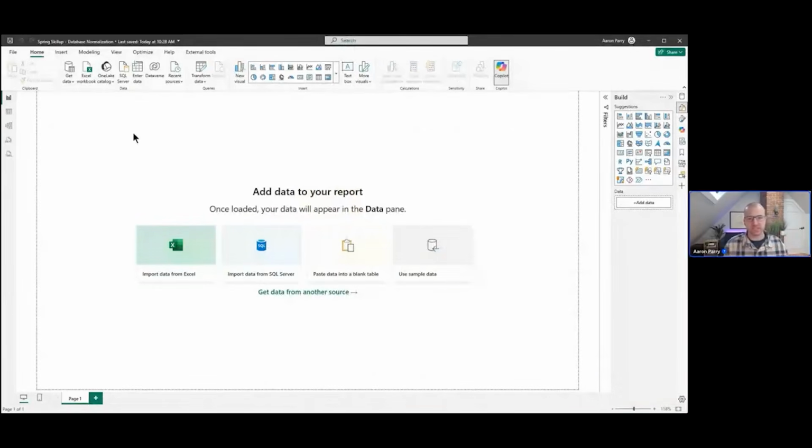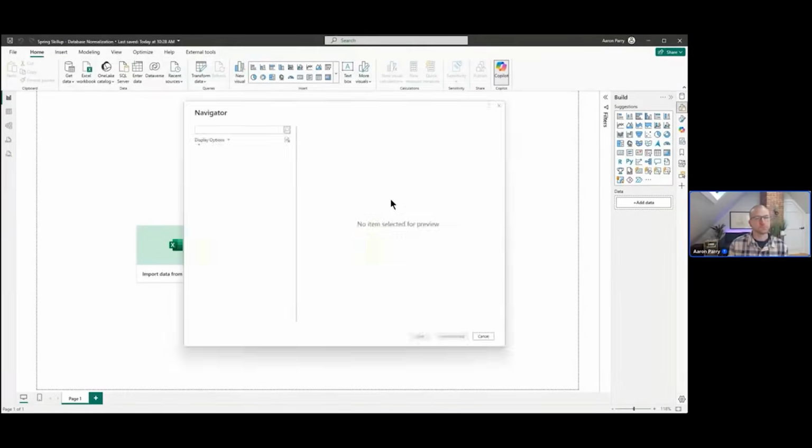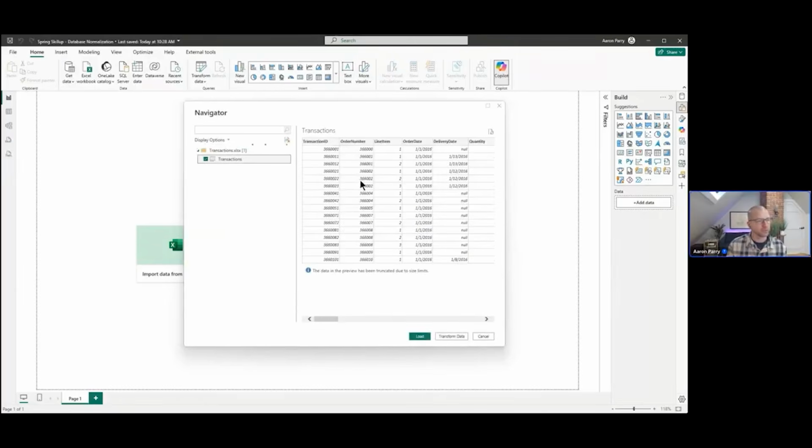Awesome. So we can make this data set available after the session for anybody who wants to run through this themselves. But I'm going to import my Excel file. I've got this transactions data. And we'll do a little preview of the data here. You can see this data set is purpose built for this demo. It's set up in a pretty clean way